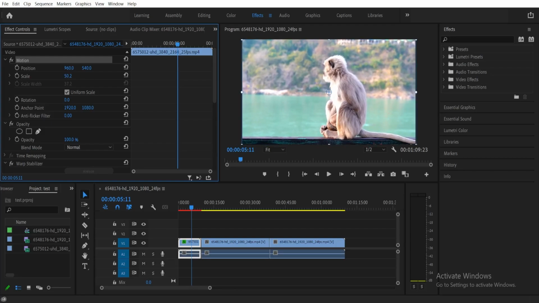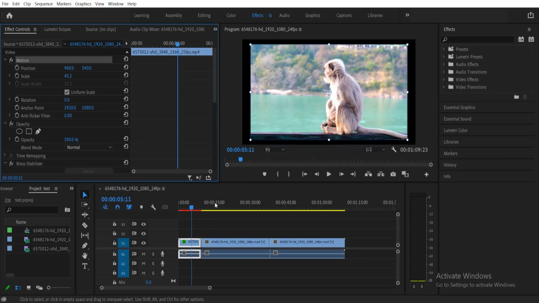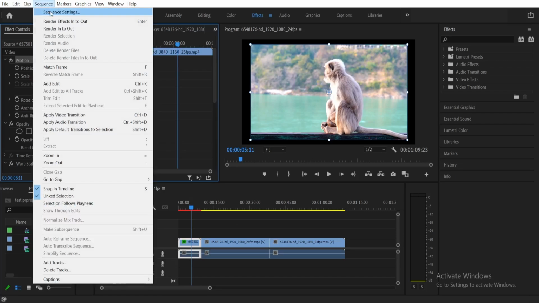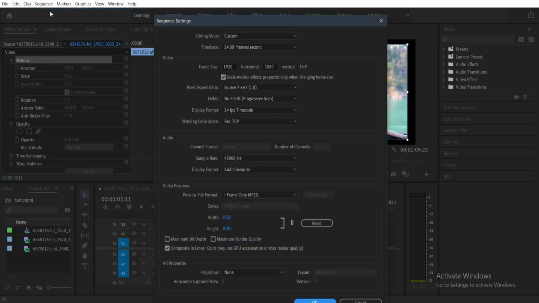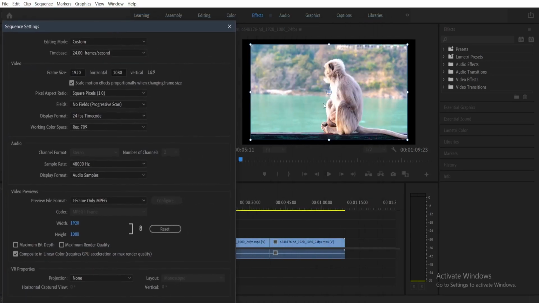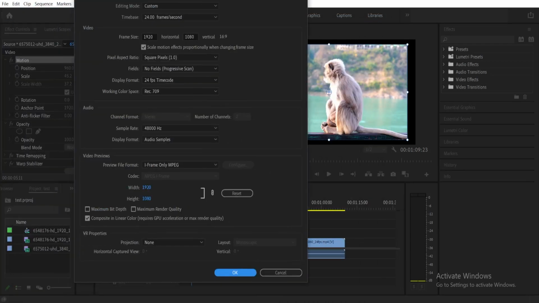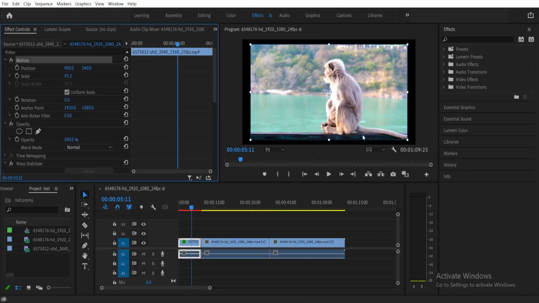Now, the last thing that you can do to adjust the frame. So, if you have a clip like this, and then it's going to be the same for every clip on your timeline. If you just want to change the whole frame size of the video that you're creating, what you're gonna have to do is to just select a clip on your timeline, and then go to sequence, and then go to sequence settings here on the top. And then here on the frame size, you can adjust it to the frame size that your original video have. And after that, you can just press OK, and then it will automatically adjust the frame size of your video.